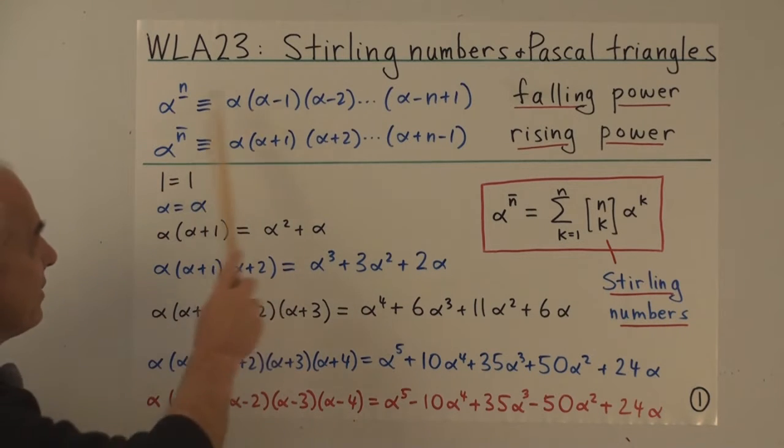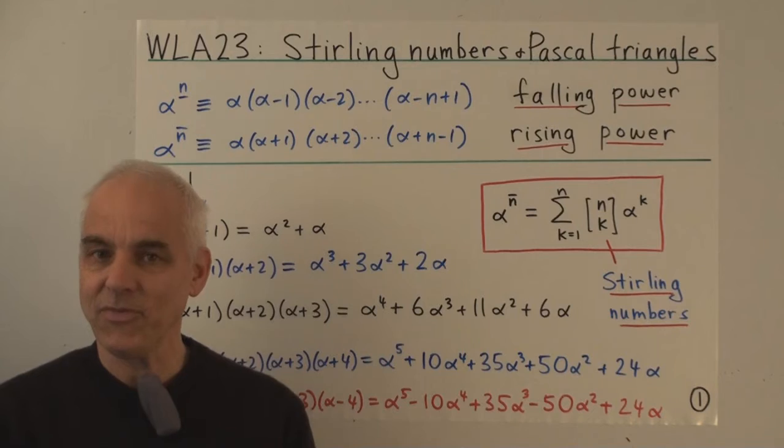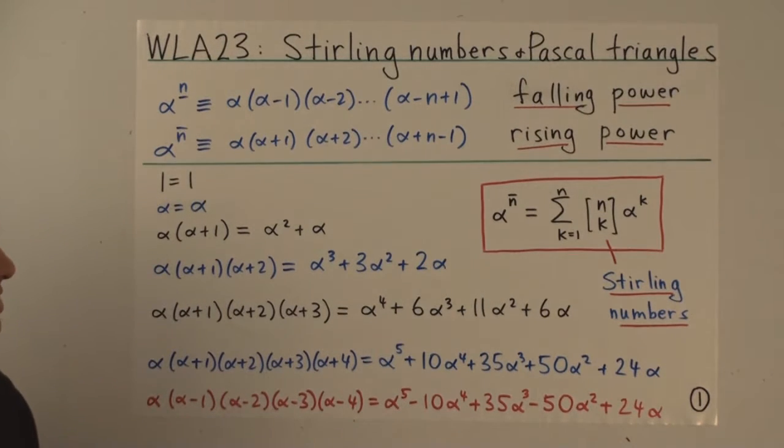Okay, so let's have a look at these two kinds of polynomials today. And there are some very interesting numbers that arise from them. And the numbers arise in a very simple way. For example, if we take the rising powers and we expand them out and have a look at the coefficients, we get some interesting numbers. Okay, let's start with 1. That's the first one. Of course, that's just equal to 1. Alpha to the 1 rising is the same as alpha. Alpha to the 2 rising is alpha times alpha plus 1, which is alpha squared plus alpha when we expand it. And here's alpha to the 3 rising.